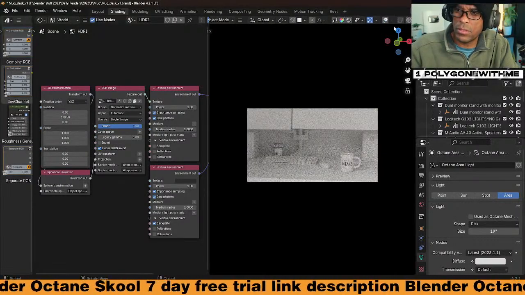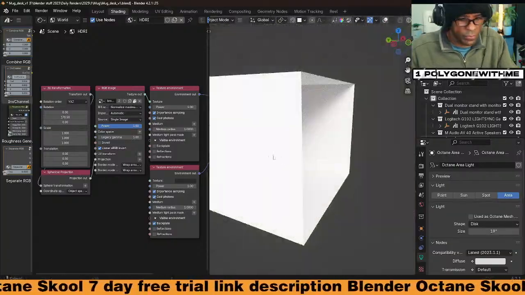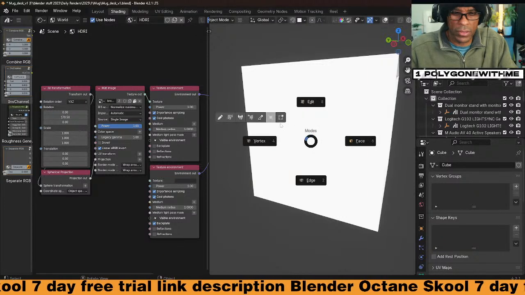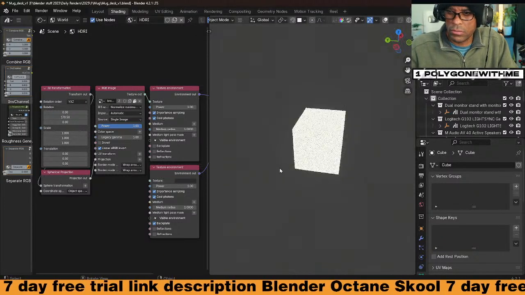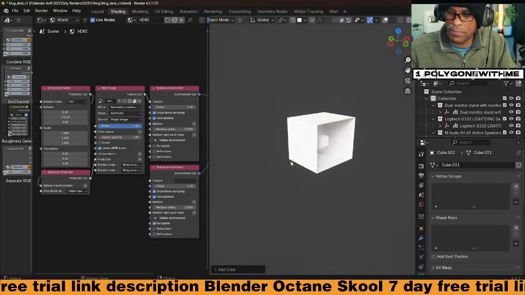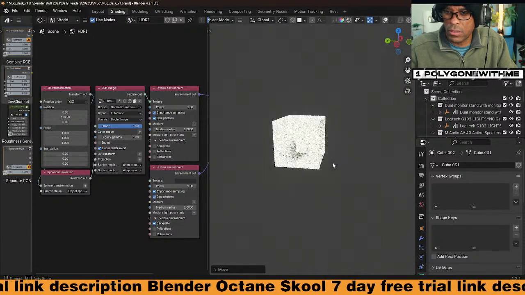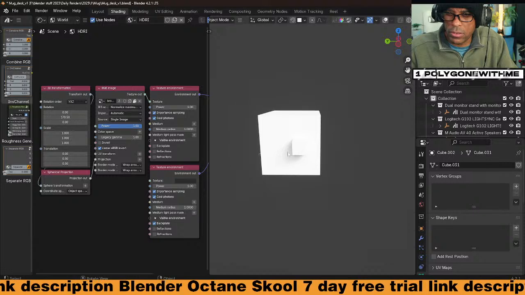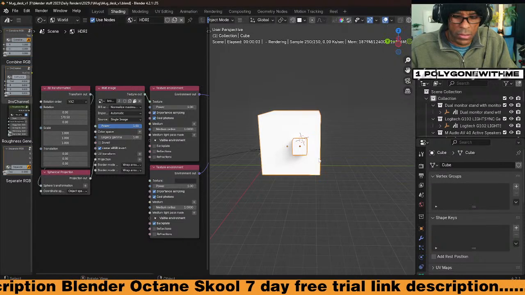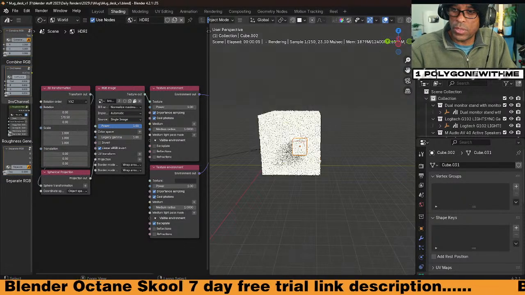And then you know what else I'm going to do, just to make it interesting. Check this out. Let's add in a cube. Grab this cube. Grab this. Control minus.